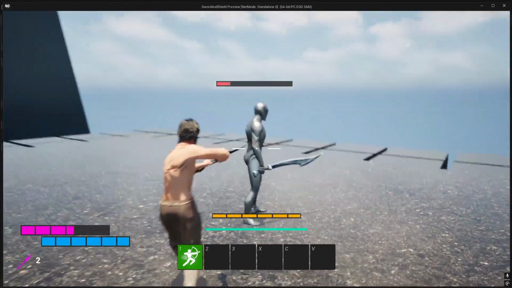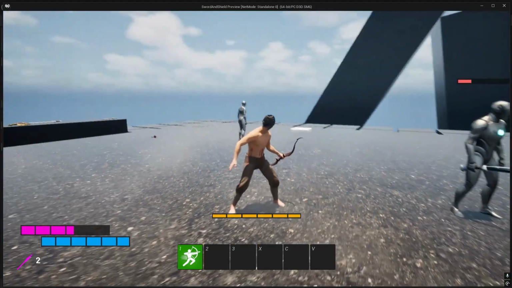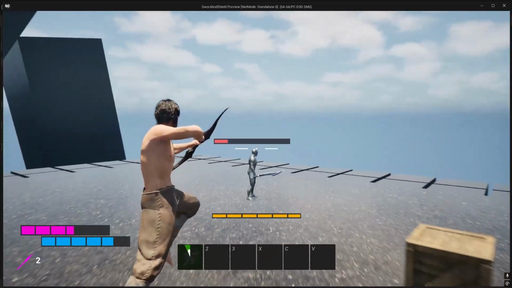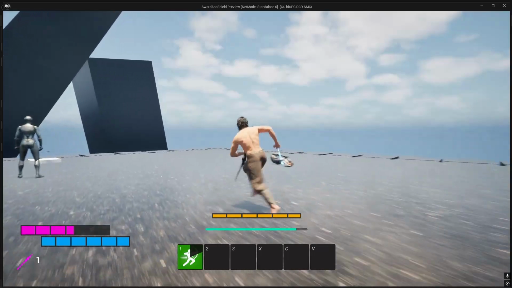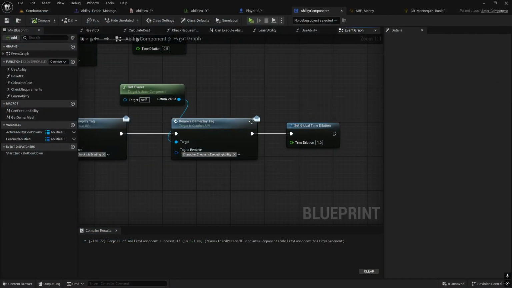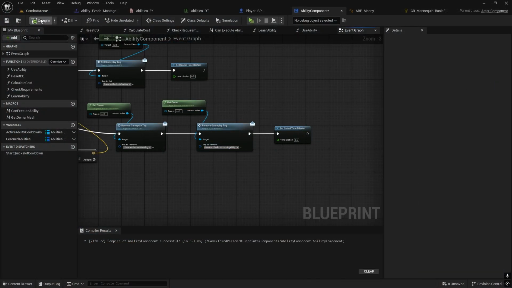This guy's got a stun. I only got 1 type of arrow, so I can't switch it, but you can. And yeah, that's pretty much it for the ability. Let me check what time we have. Okay, it's not actually that long yet, so